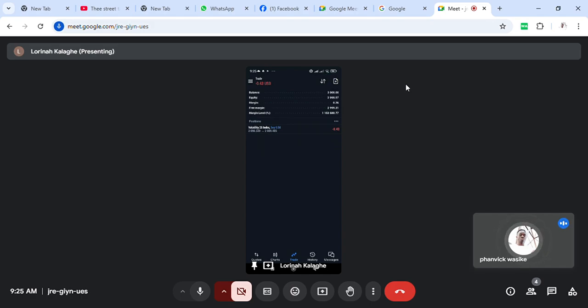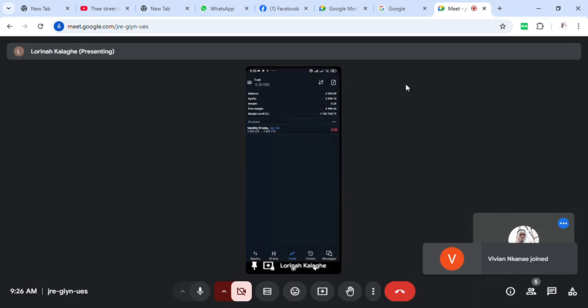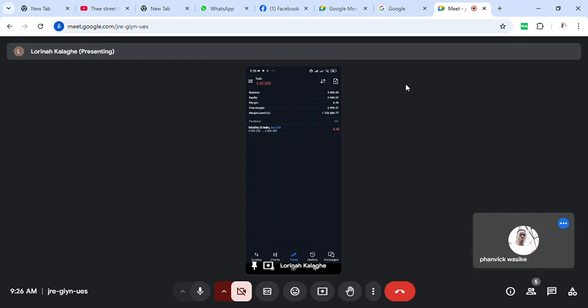So the balance is the initial amount that you have before starting any trade. Then the equity will be what has been added or subtracted on your account balance. You're getting my point? So the balance is the initial amount that you have before anything happens in your account. Then the equity will be the amount you have after adding or subtracting. That's the equity. Then the free margin means